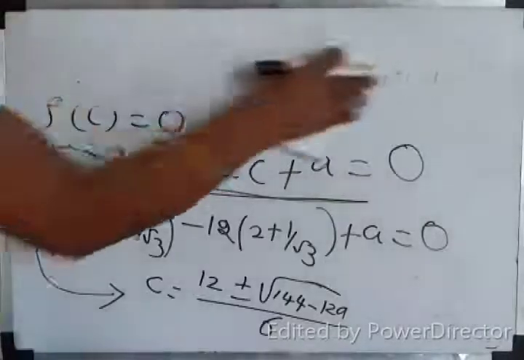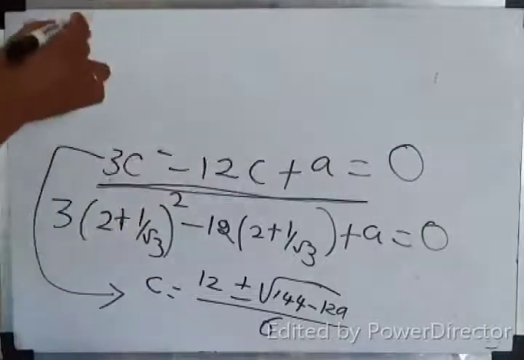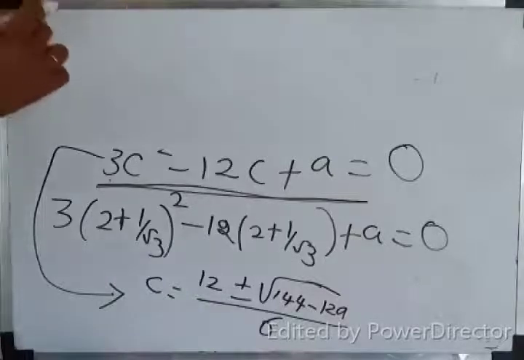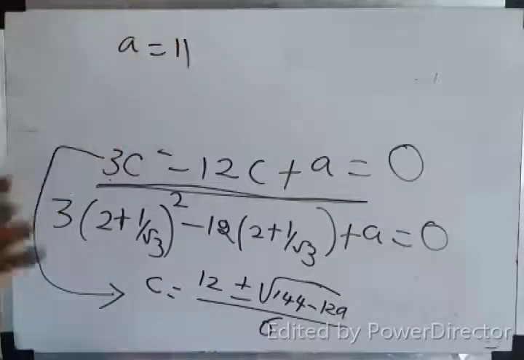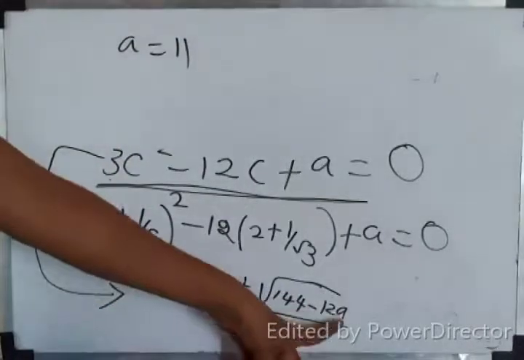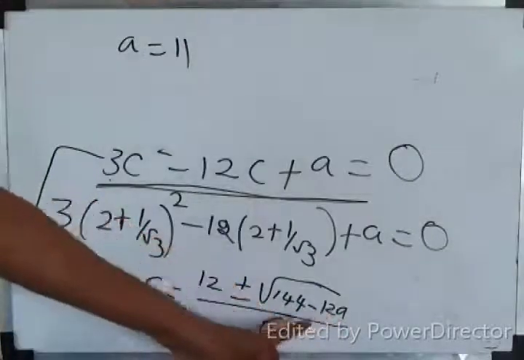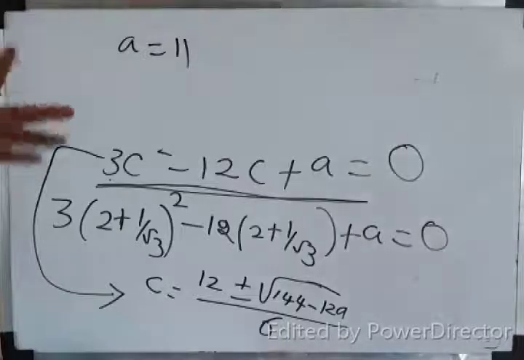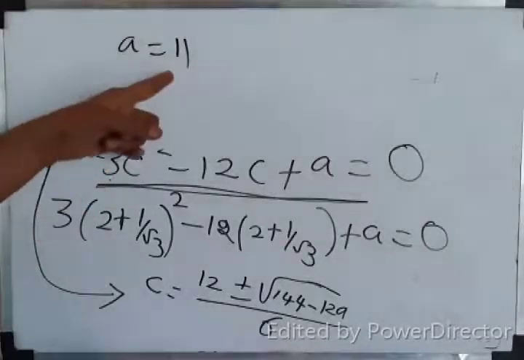Children, you try using a calculator. You will get 2 answers for c. Okay, 2 answers. One is not correct. So the other one is a is 11. If you substitute a equal to 2 plus 1 by root 3 in this step, you will get 2 answers. One, I hope, is negative or complex, it seems, I don't know. You simplify. The second answer is a equal to 11.